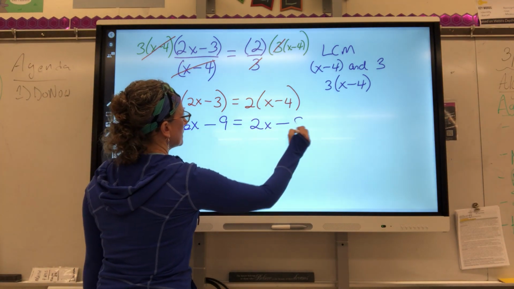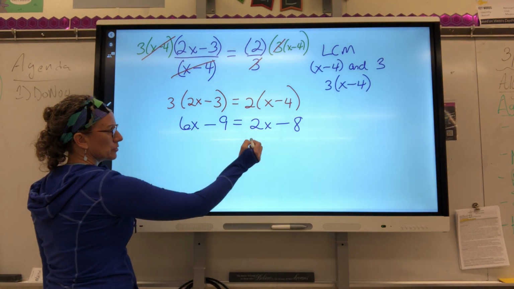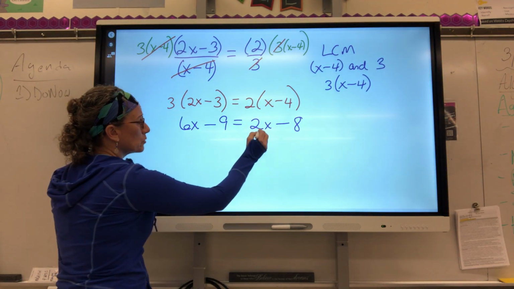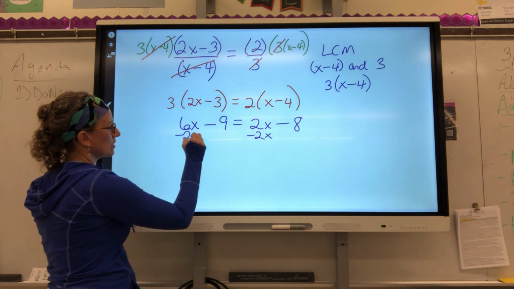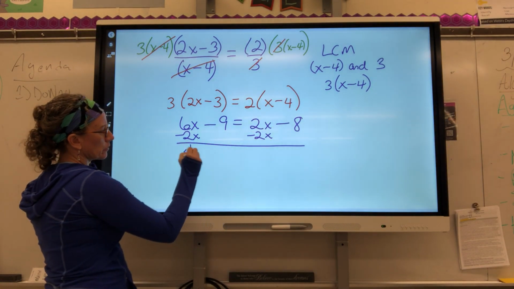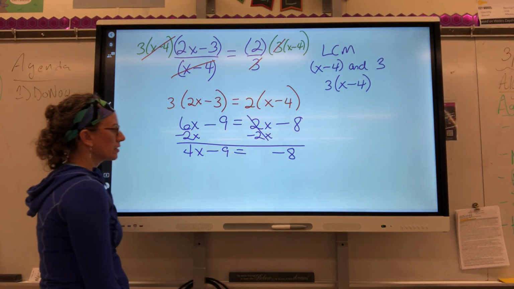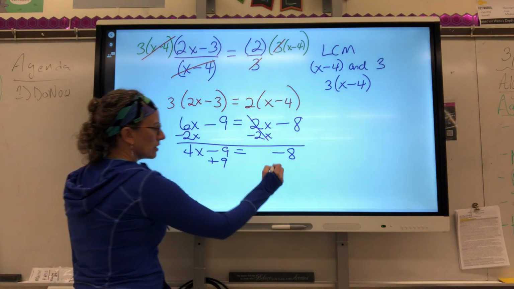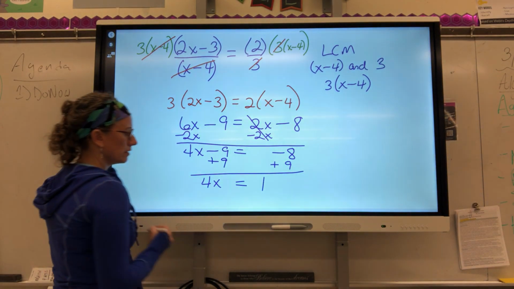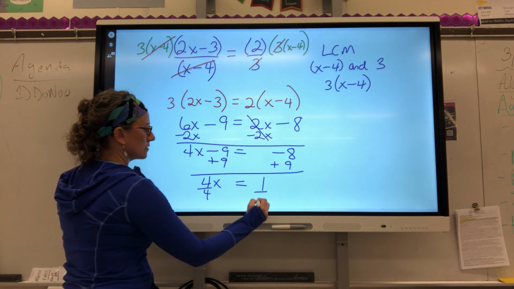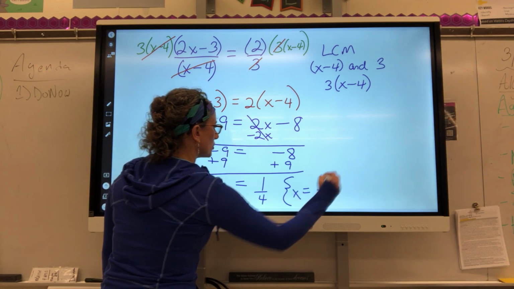equals 2x minus 8. And now I move like terms to other sides using inverse operations. So I'm going to move the smaller x value, 2x, by subtracting it from both sides of the equation. That leaves me with 4x minus 9 equals -8. Move the 9 by adding it to the other side of the equation. 4x equals 1. Divide by 4 on both sides. x equals 1/4. So my solution